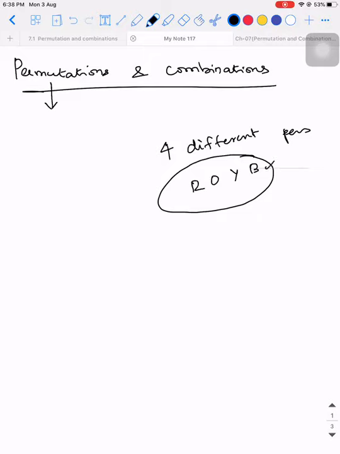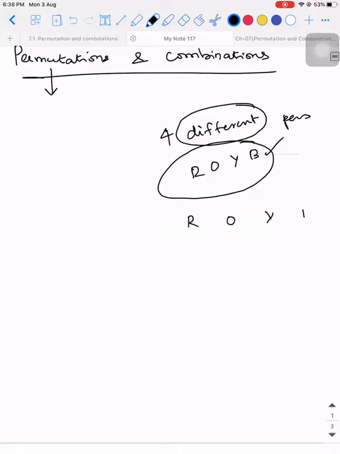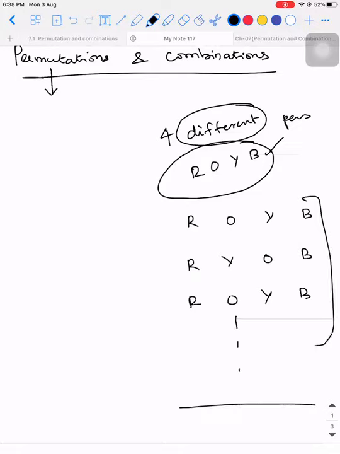So you need to arrange all these objects. How many objects do you have in your hand? 4. So I gave you 4 different pens, right? So if I ask you to arrange, then you can keep the red pen first, orange, yellow, and blue. Or you will place R, Y, O, B. You can do something like this, R, O, Y, B. So like this, you can think of many such combinations in which you can try to rearrange all the objects among themselves. Am I right?